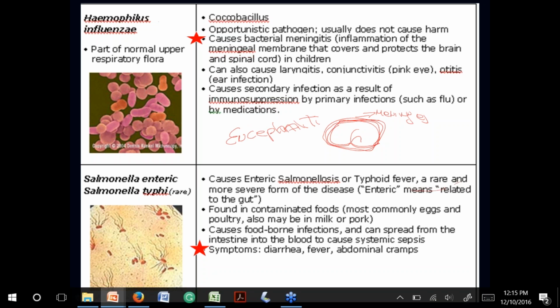Encephalitis. Okay, and meningitis. Okay, so we have salmonella, with diarrhea and fever. This is what you find in chicken, not all chicken, of course, but you need to be careful with that. The salmonella lives in the stools coming from the chicken farms, and it can be transported on the meat or on the eggs.